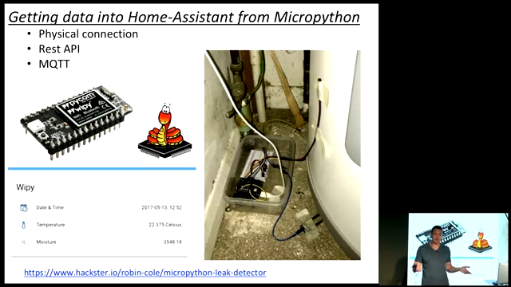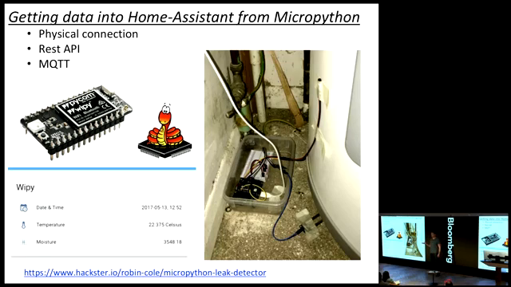Because I had a couple of engineers come out and say, well, there's nothing wrong with the boiler. We can't see what's wrong. So what I did, I used one of these MicroPython boards. In this case, I chose a PyCon board. And I put a temperature sensor on it and a moisture sensor. And what you can see in the image over here is my boiler, and this is a temperature sensor on the side of it, and that's the moisture sensor down there.